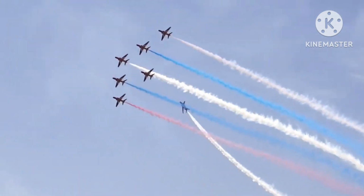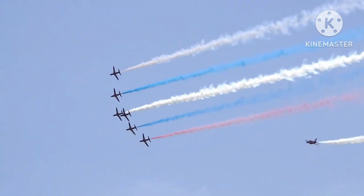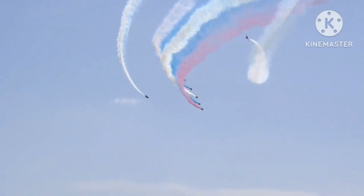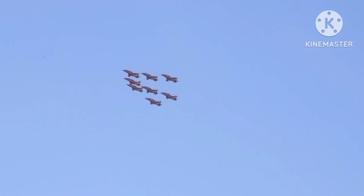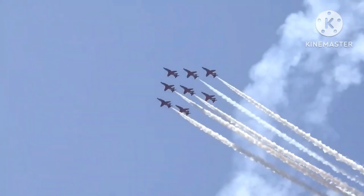as Red 1 bends round to the right. You may be able to see that the aircraft are flying with their air brakes out. This is the small door at the back of the aircraft underneath. This means that the throttle is at a higher setting. It produces a hotter engine gas temperature. As the team roll to the left, on the right-hand side of Red 1 is Red 2,